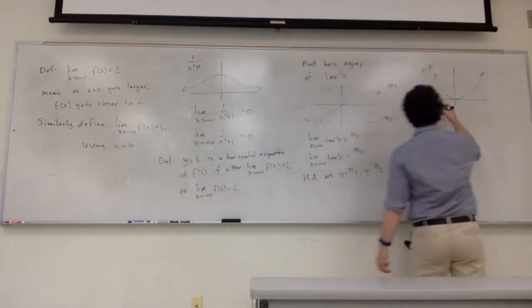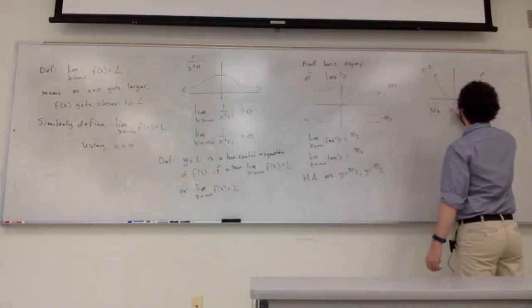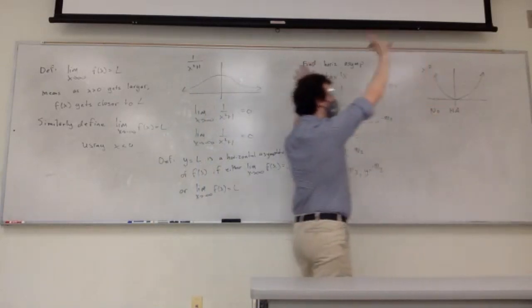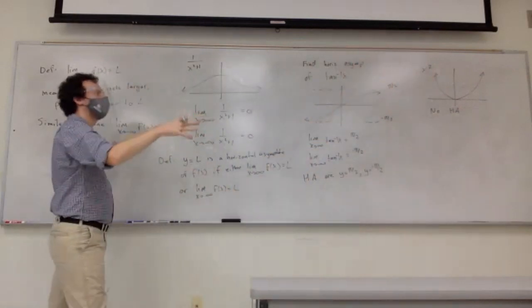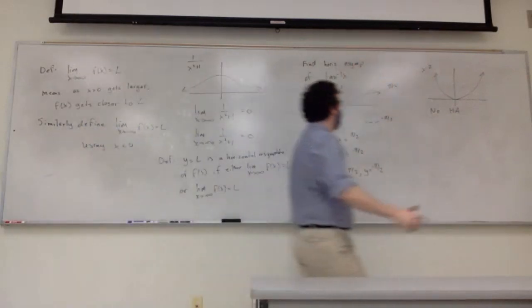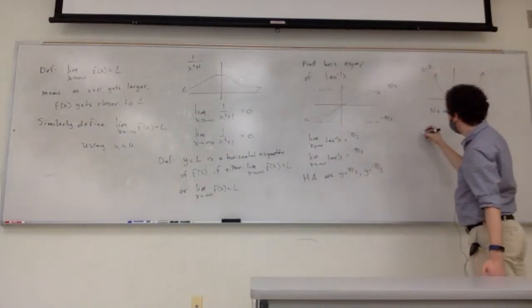This doesn't have any horizontal asymptotes at all. As it's going up in both directions, it's not leveling off anywhere. And we can even have kind of a mix